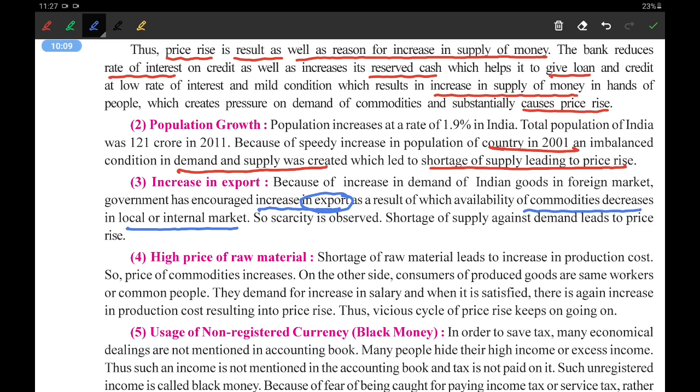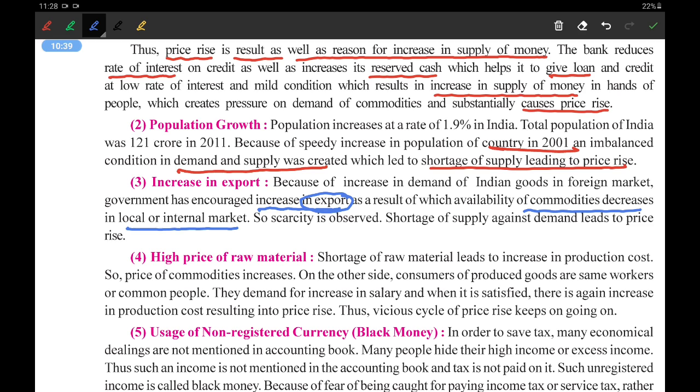Okay, recently if you remember, the prices of onion went very high, and due to that the government had to stop the export of onion for some time. Why? As onion is sent outside the country, it is creating a shortage of onion in our country, and due to that the prices of onion went very high. Now onion is a commodity which is used day to day by each and every person, whether he may be rich or he may be poor.